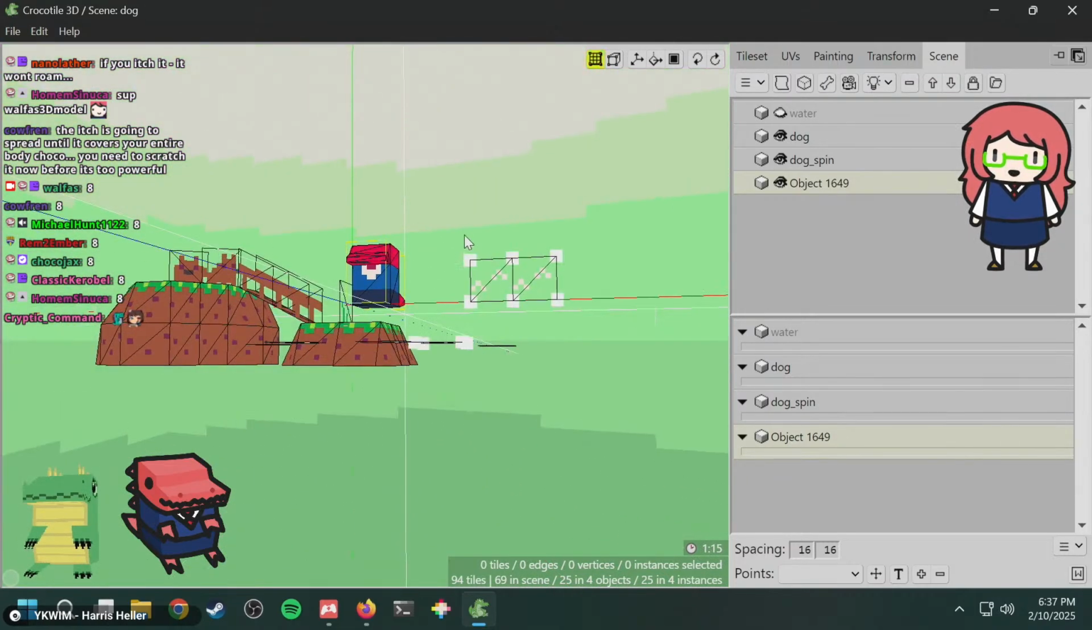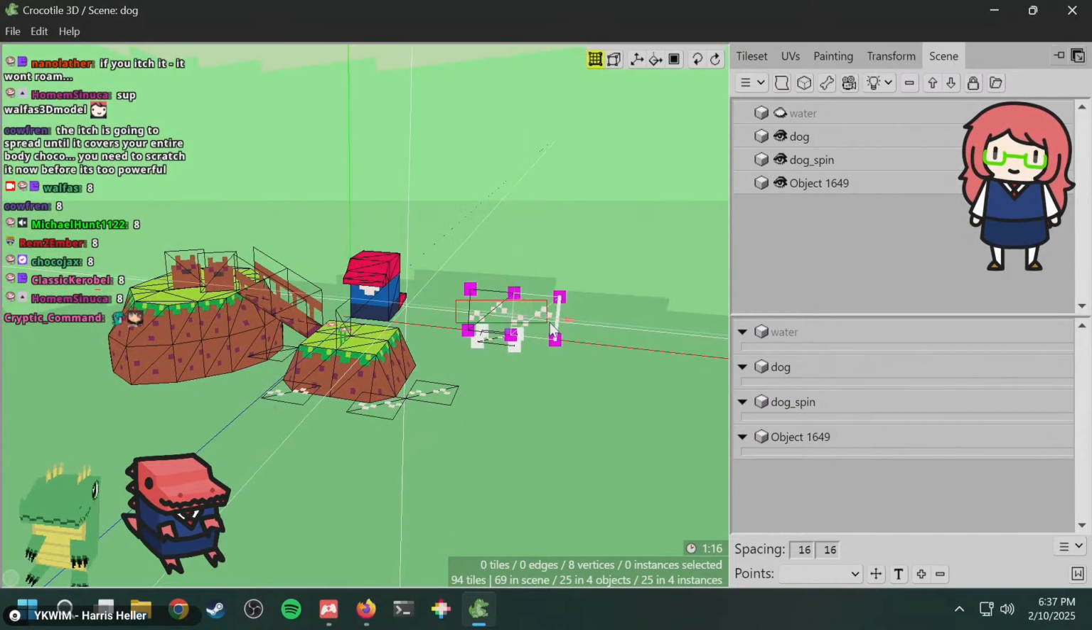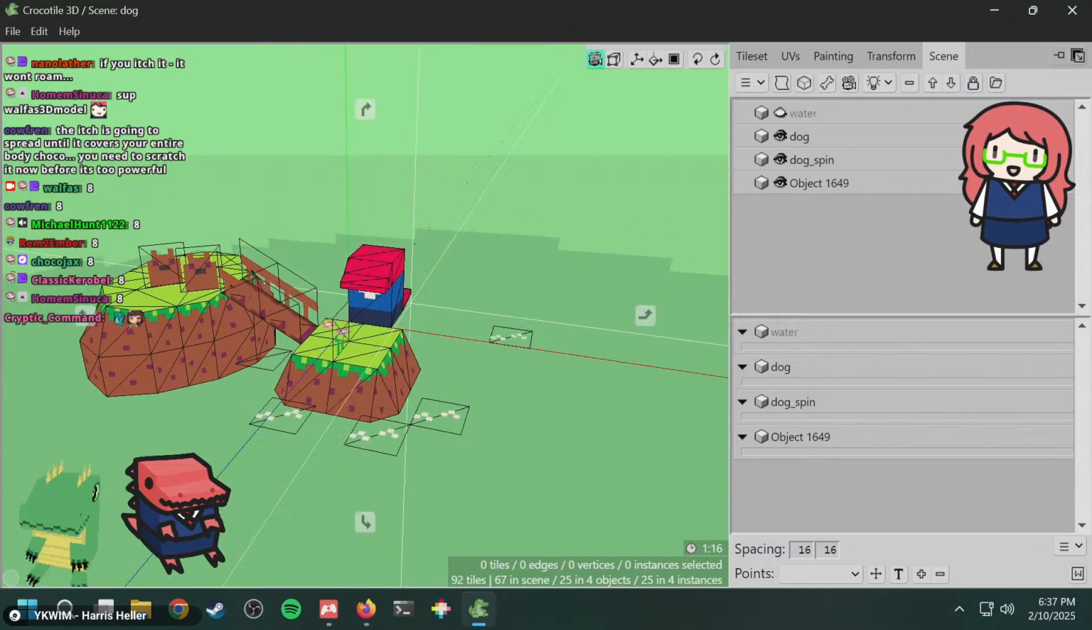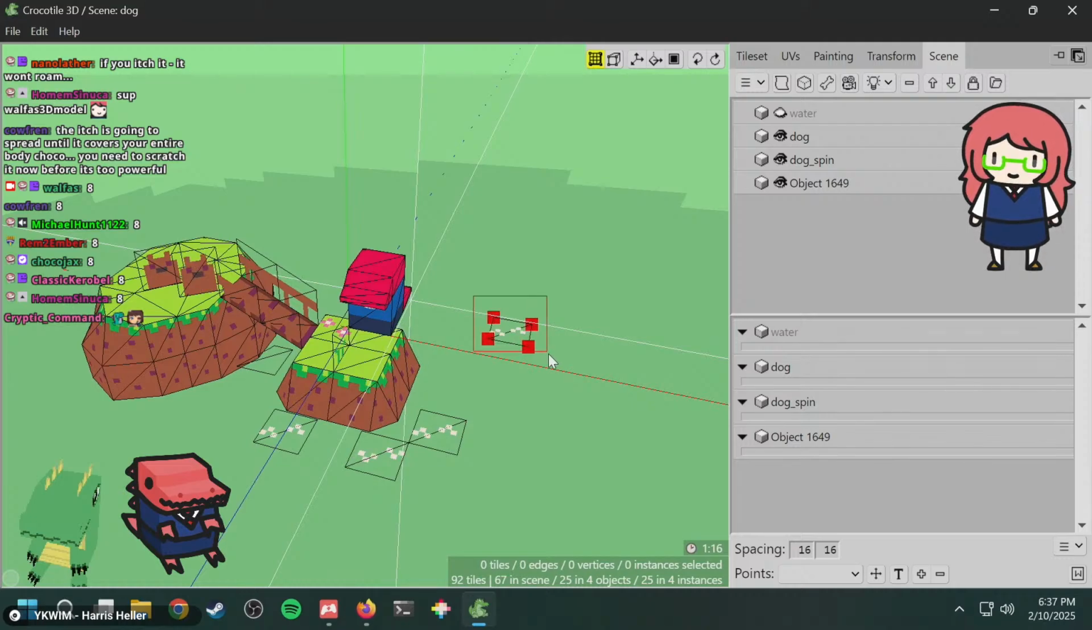Also, I accidentally put these here. They were not meant to be there. Let's delete these. I can't delete them. Why can't I delete them? Okay, I've now deleted them. These ones,